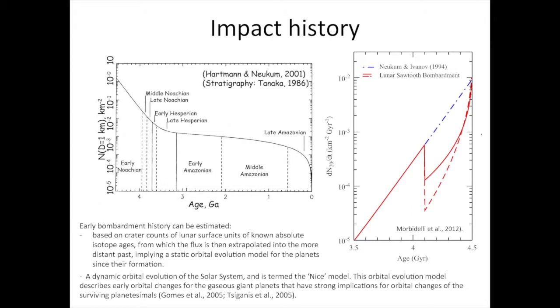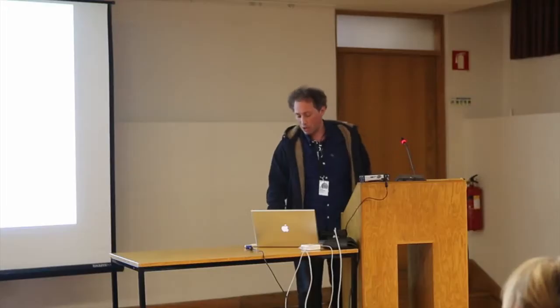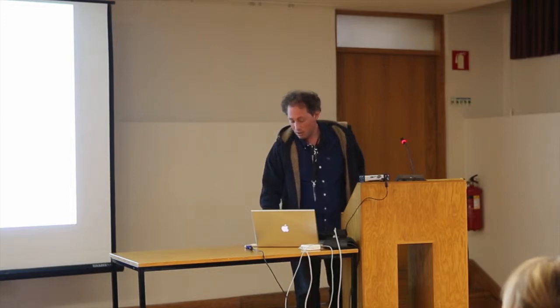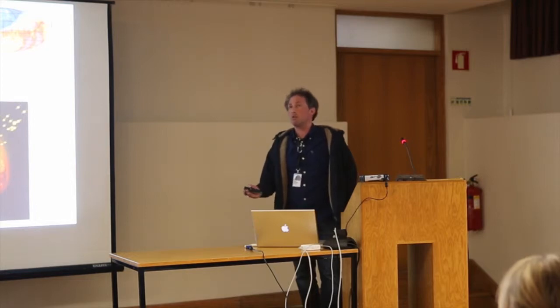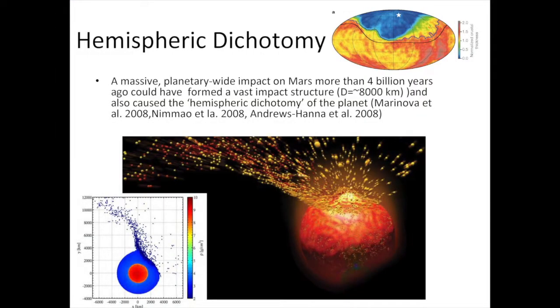As I said, in the early part of the solar system history, we have no records of impact structures. But we know that, for example, large impacts occurred. Those are impacts caused by planetesimals that are the leftovers of the planetary creation. One of the impacts, for example, created the Moon from the Earth. A similar one could have occurred on Mars that caused the hemispheric dichotomy.